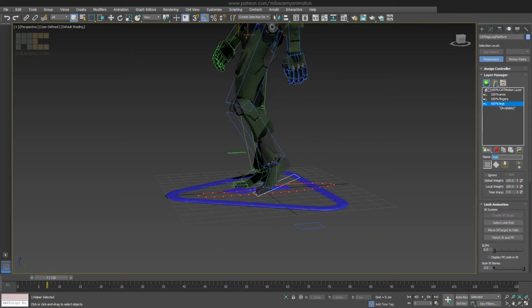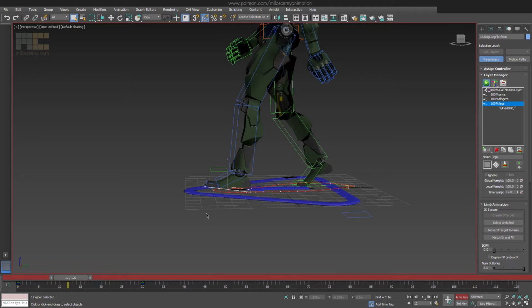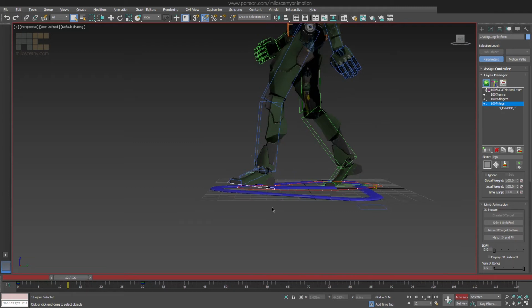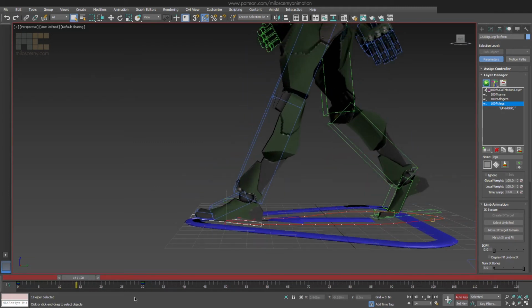Create another adjustment layer, and key the pose at frame 0 and 30. 30 because the walk cycle is 30 frames long. Activate the motion path in Object Properties, also called Trajectory in older versions of 3ds Max. I had it turned on already, but this is where you find it. Now let's see. The frame 14 is where the snapping happens.